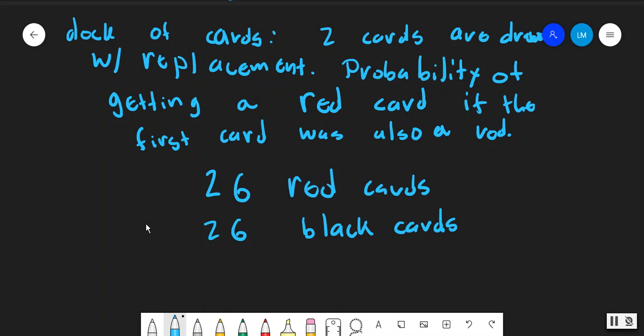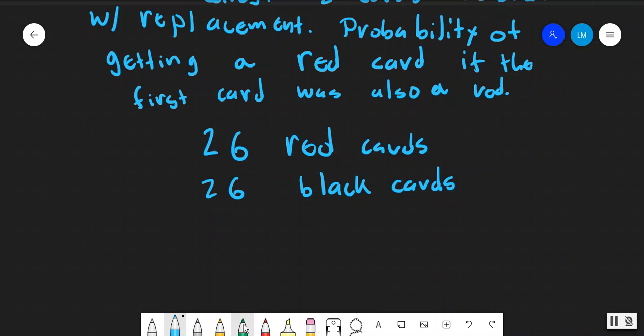Now, if you take the first card drawn, it's going to be a red. So what is that out of? 26 out of 52. But then if you multiply this by the second choice, well, in this case,